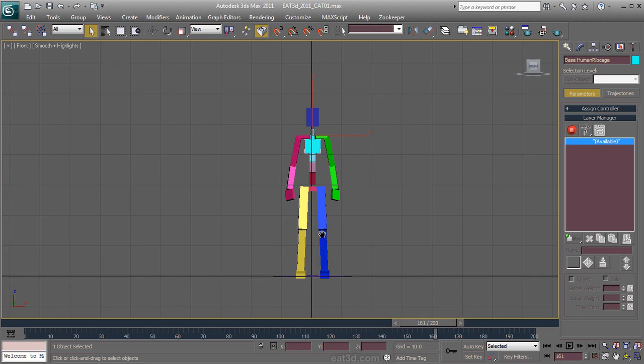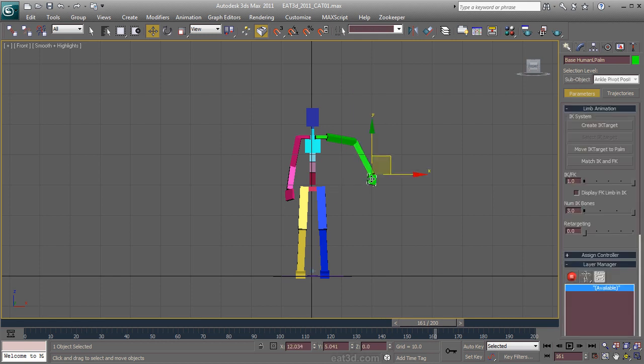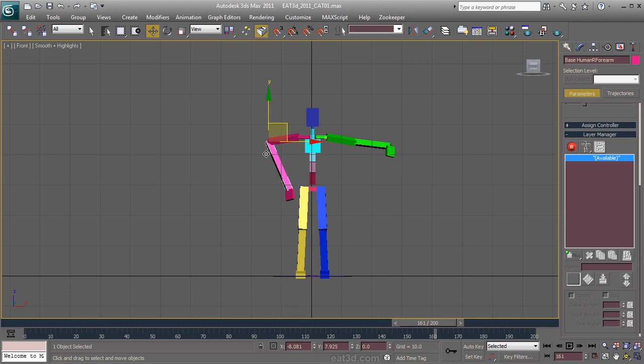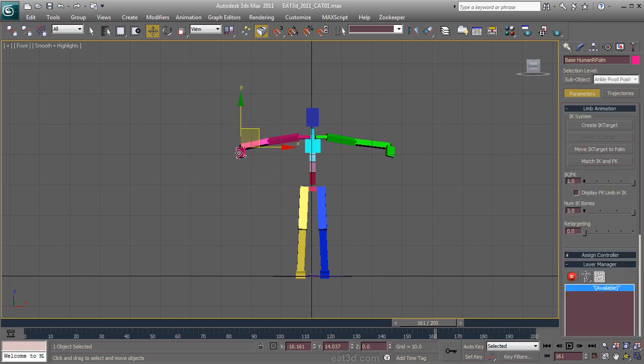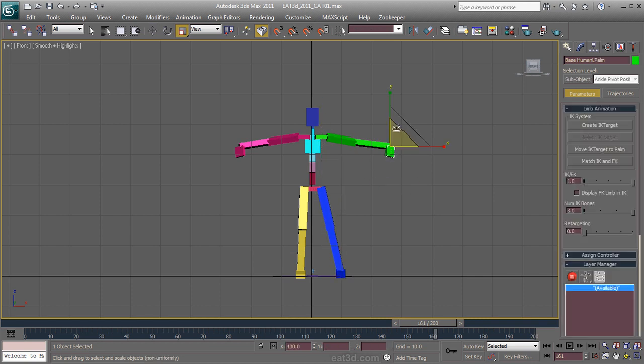So right off the bat, you can grab any one of these limbs and start moving it into place. They behave very much like stretchy bones, or like if you were in edit bone mode, and you can just conform this character into the shape that you want. So we can move that over there. And you can also use things like scale. If we want to scale this guy, we can scale the bones, scale the hand out,